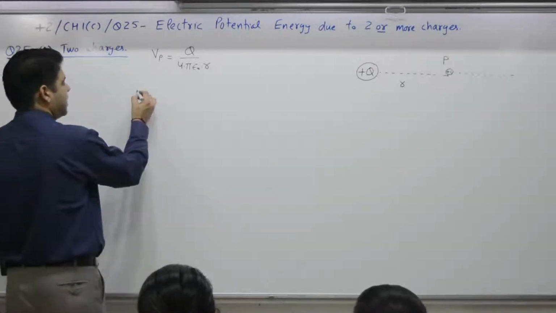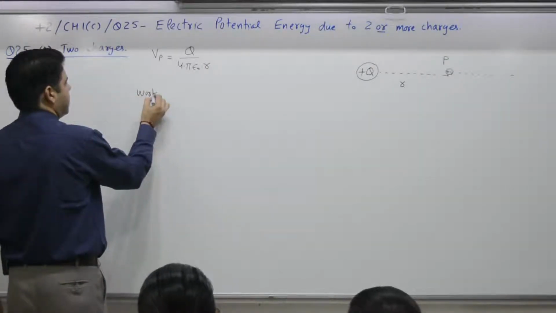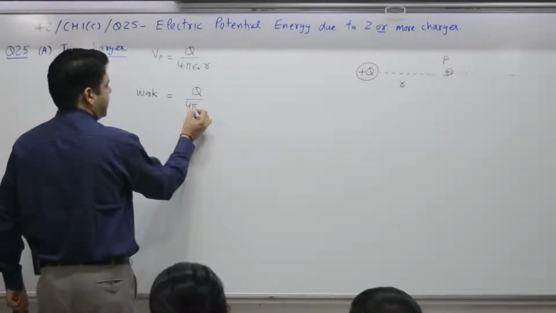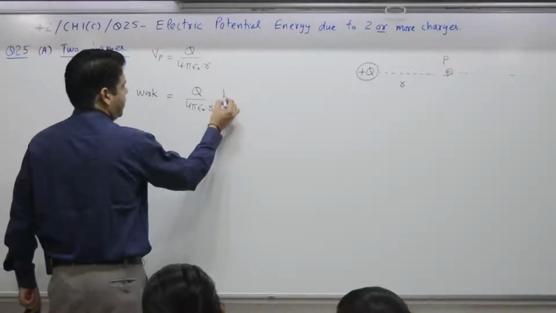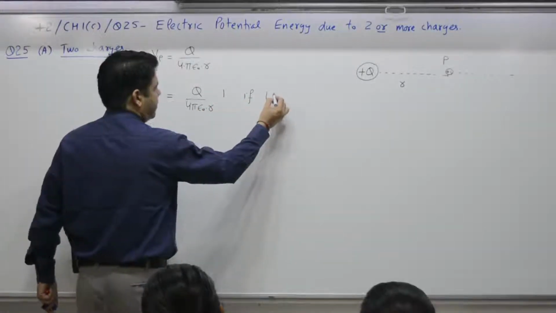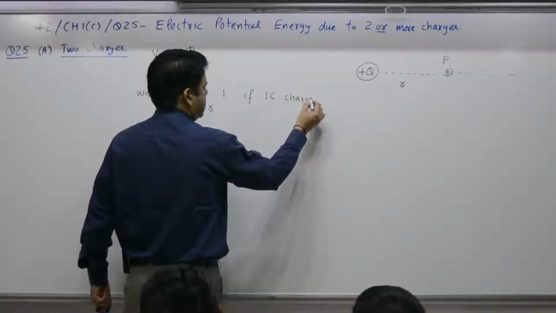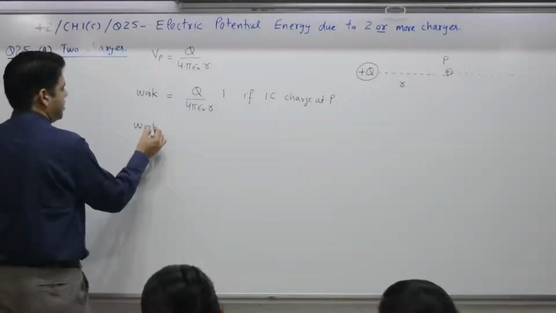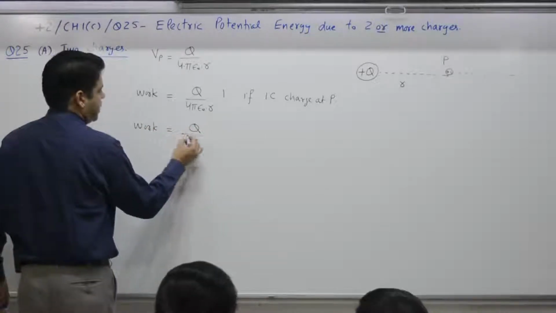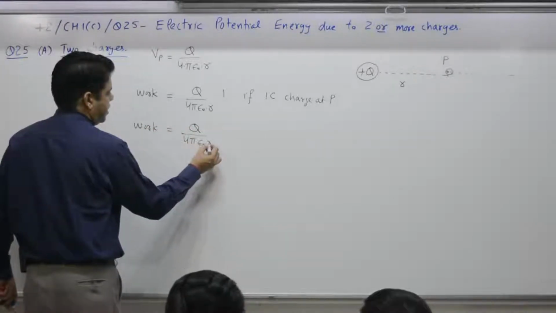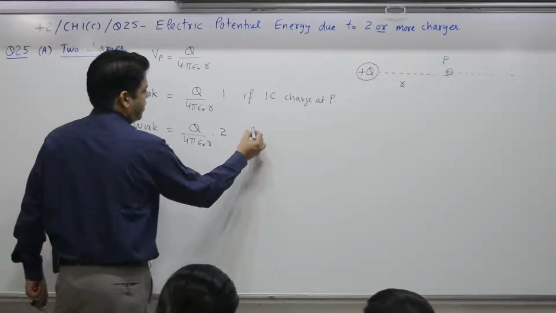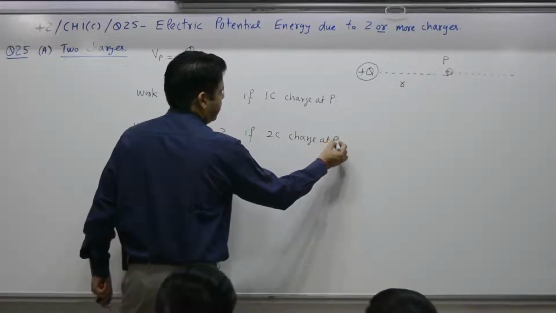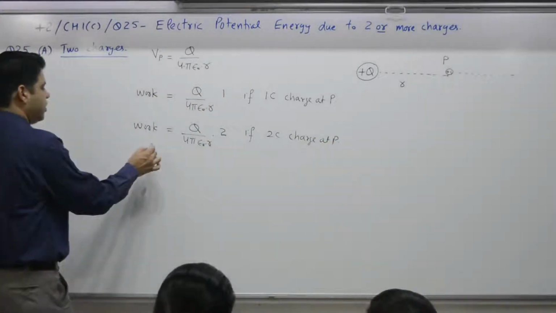That means work done will be equal to Q by 4 pi epsilon naught r into 1, if 1 coulomb charge is at P. Work done will be equal to Q by 4 pi epsilon naught r into 2 coulomb, if 2 coulomb charge is at P. And if I continue with the same pattern,